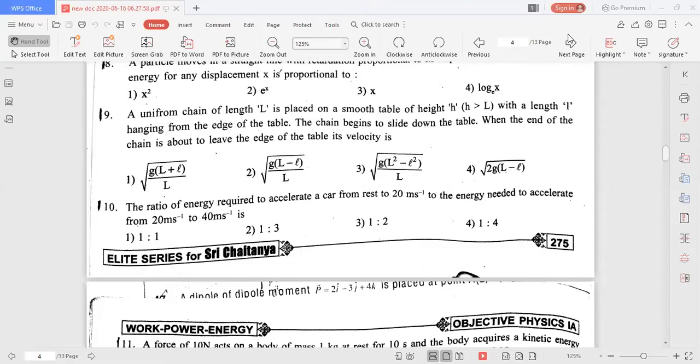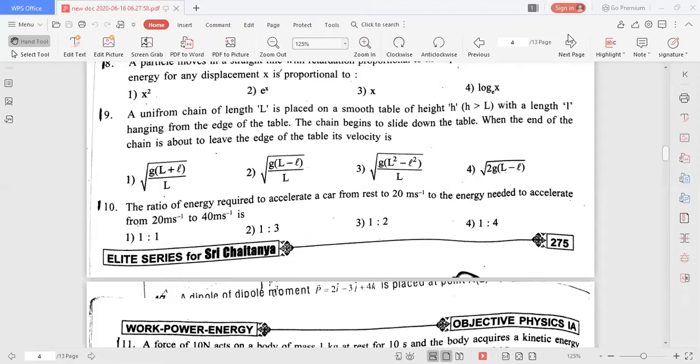So this is equal to 20 square means 20 into 20. Here 20 square we can take common. When you take 20 square common, then this can be written as 2 into 20 whole square. 20 square you write outside. Then 2 square minus 1 is there. That means 4 minus 1. Here 20 square cancel. Therefore, delta E1 by delta E2 is equal to 1 by 3. So 1:3 is the answer. Yeah, 1:3. Okay, you are right. Therefore, ratio between the energy required in both the cases is equal to 1:3.